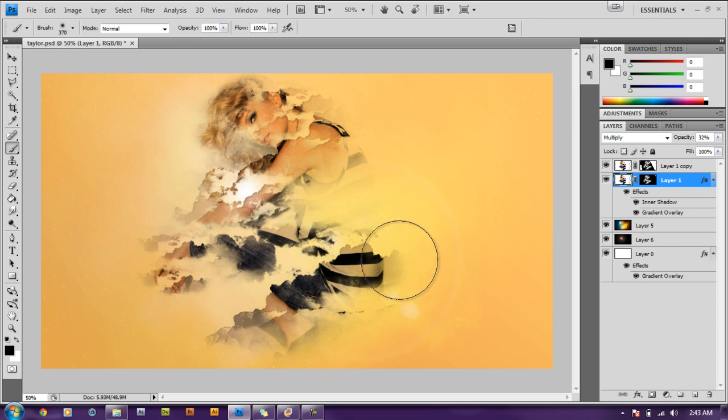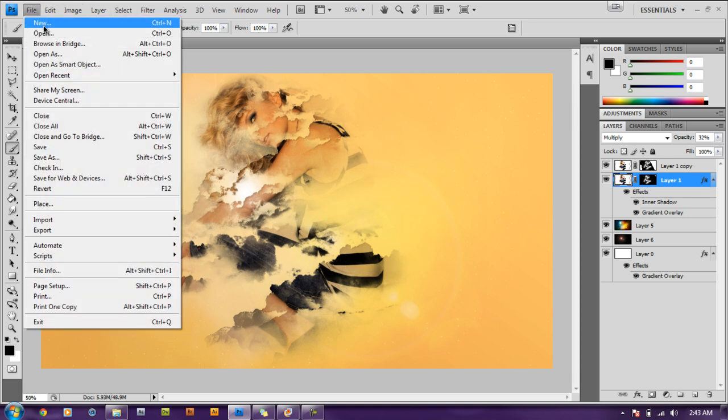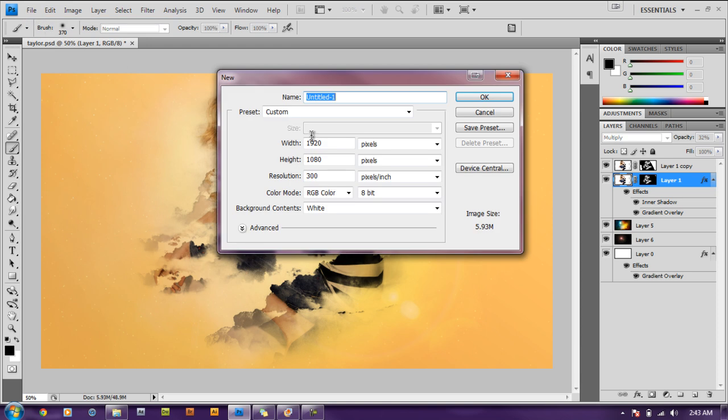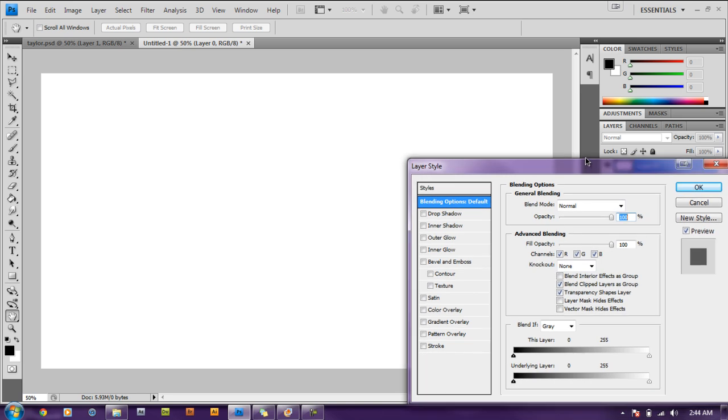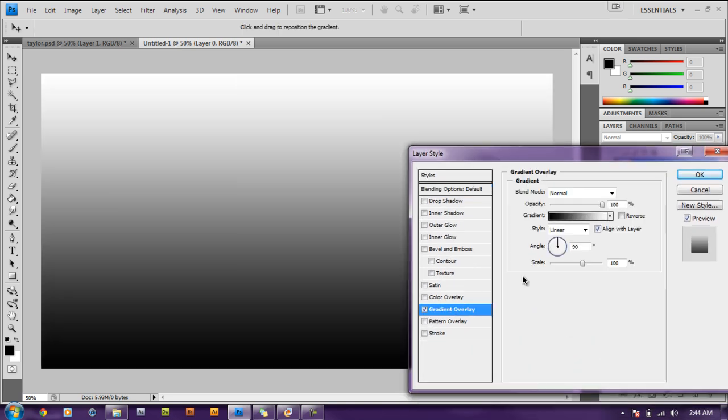This design is an HD wallpaper, so we're going to go to File, New, and the HD settings are 1920 by 1080 pixels with a resolution of 300. Hit OK. I'm going to double click on that background layer, right click on it, go to blending options, and we're going to add a gradient overlay. We're going to change the angle to 58